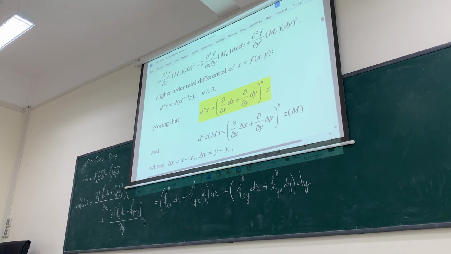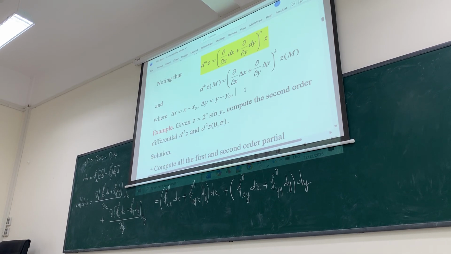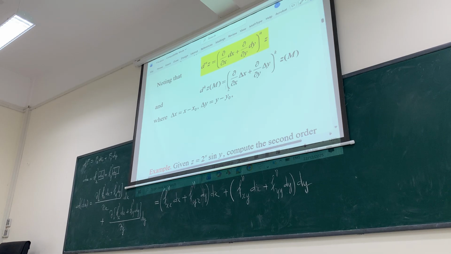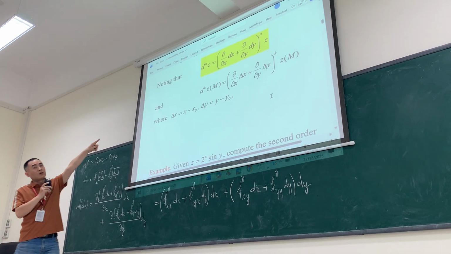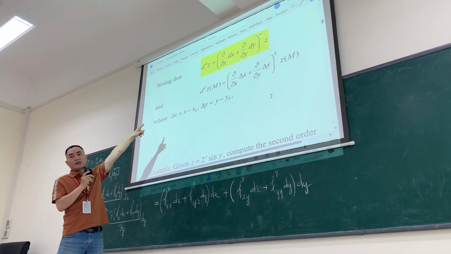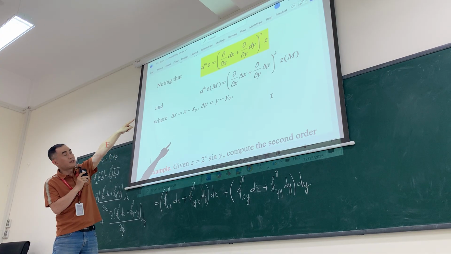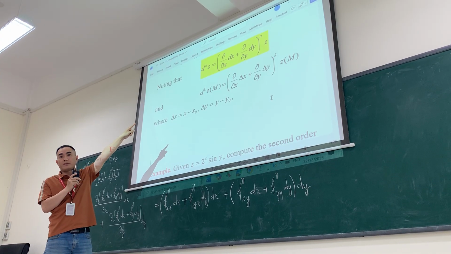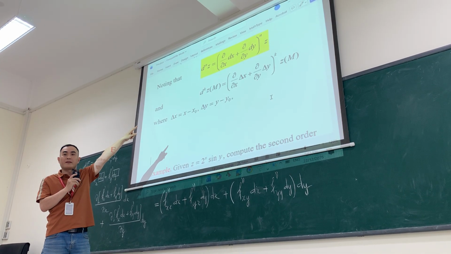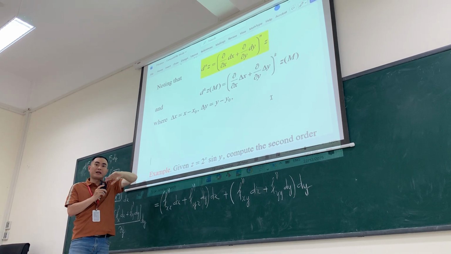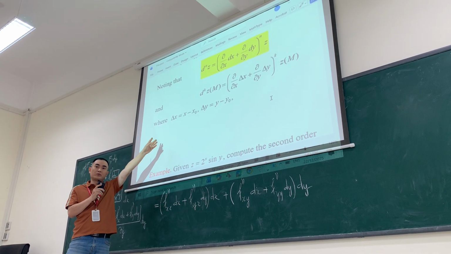We can construct the nth order total differential by this formula. Before I explain how to use this formula,